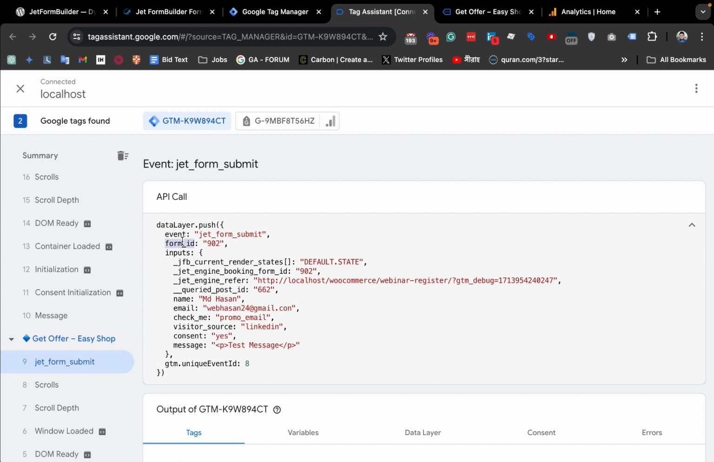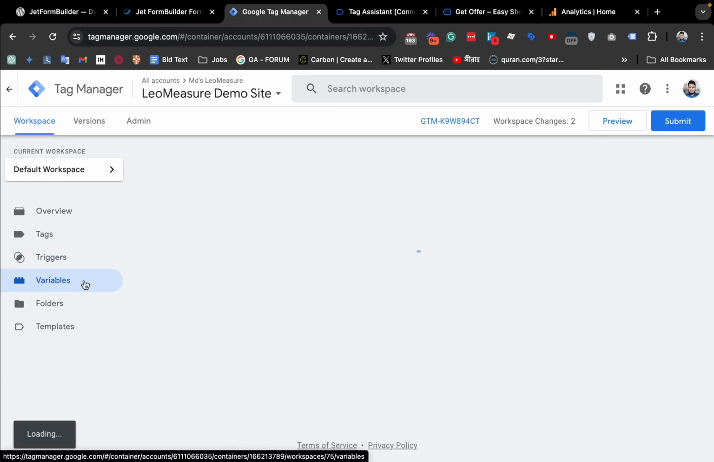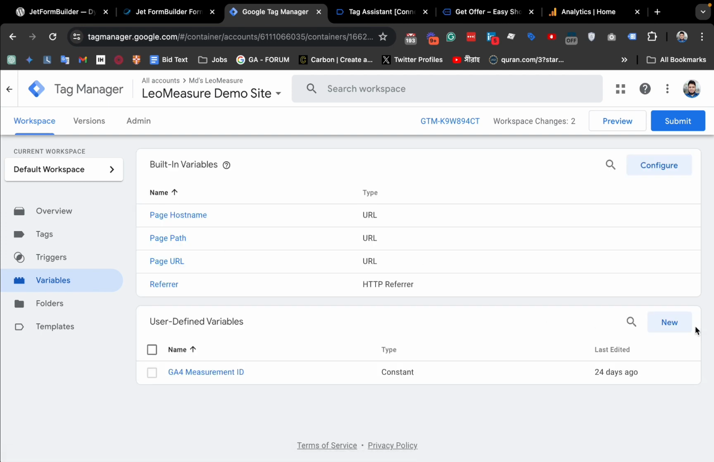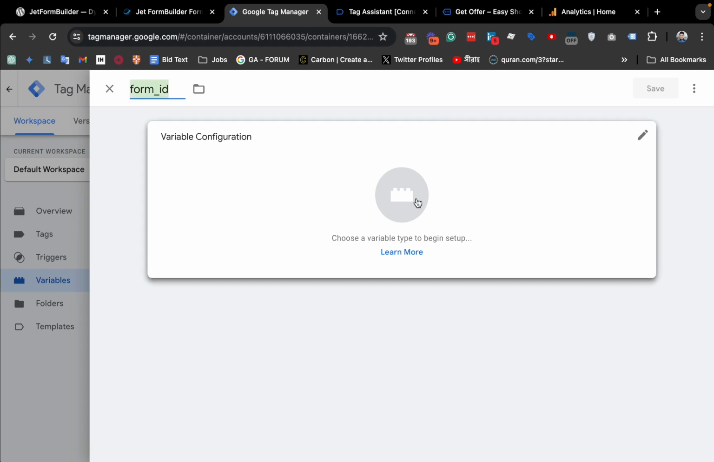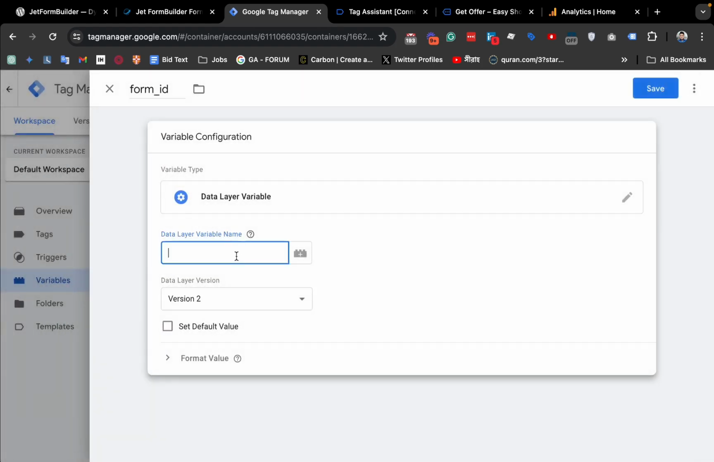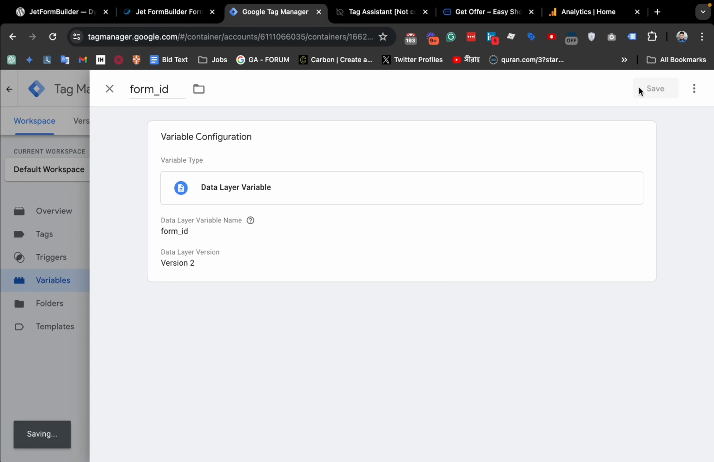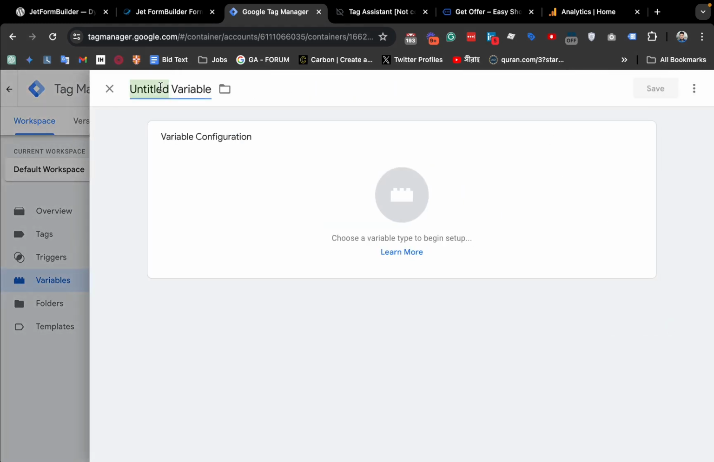We need to copy the key, and then go back to the variables tab and click the new button, and I am giving a name exactly the same as how I am getting the name. The name is totally up to you, and by clicking here we need to select data layer variable, and we can paste it like this, form ID, and save it. And we also need to create another variable. By clicking here I am giving the name lead source,